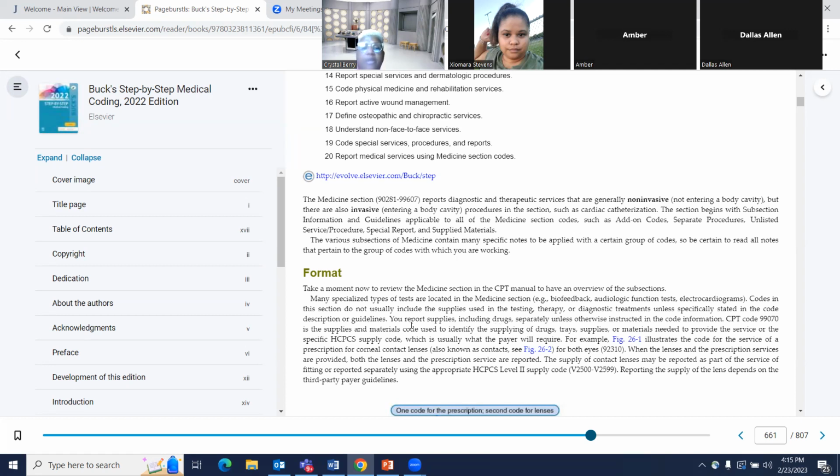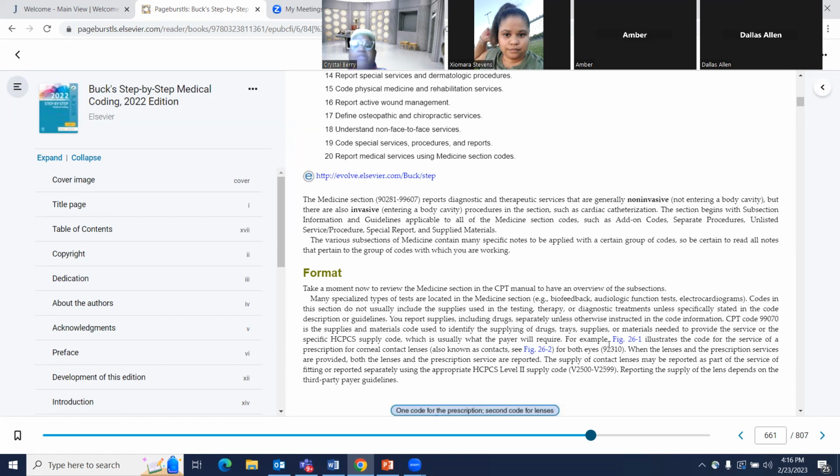Very important: you report supplies, including drugs, separately unless otherwise instructed in the code information. So always read the notes located next to that code, and that will determine if you can report the supplies, including drugs. It says "unless otherwise instructed." CPT code 99070 is a supplies and materials code used to identify the supplying of drugs,